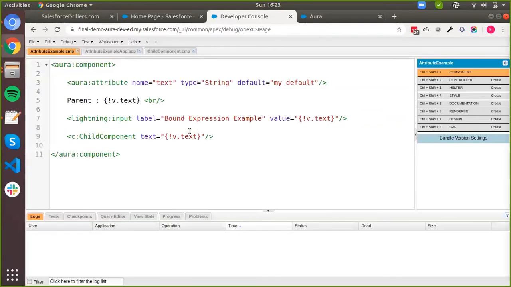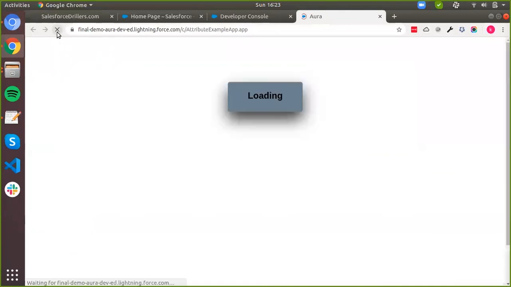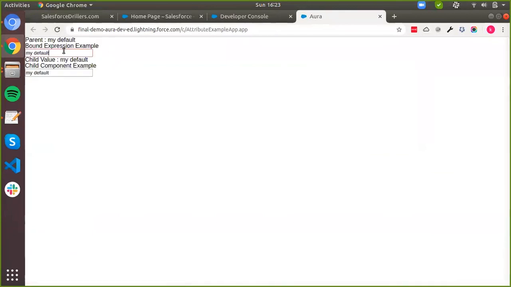Now, the reason why it's being updated in the child as well is because we have used a bound expression while passing the value from the parent to the child. So let's say we change this to an unbound expression. Now, if we go back, I can change the value, but you'll see that the changed value is only reflected in the parent. But if I change the value in my child, it is still being reflected, but only at the child